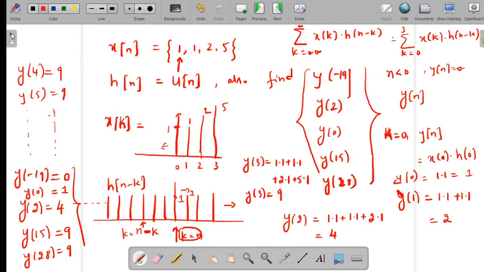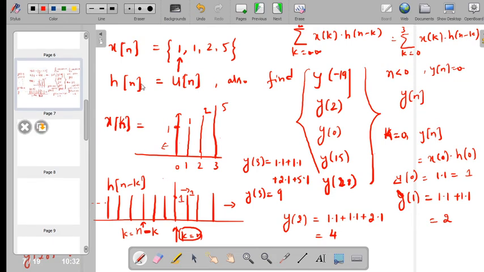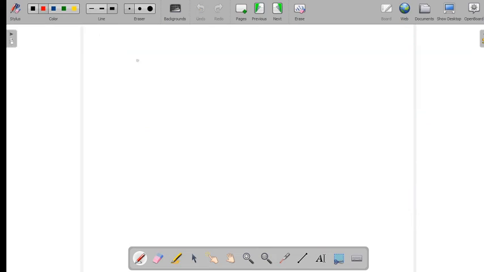So now do another problem. Okay, take x of n, which is defined by 1, where n varies from 0 to 4, and 0 otherwise. So this is your x of n, and similarly your h of n, which is defined by alpha power n, between 0 to the value 6, and 0